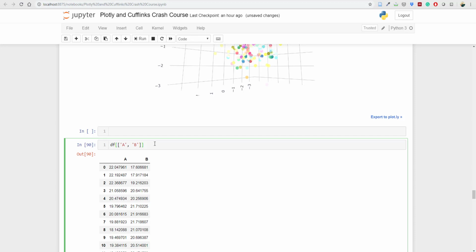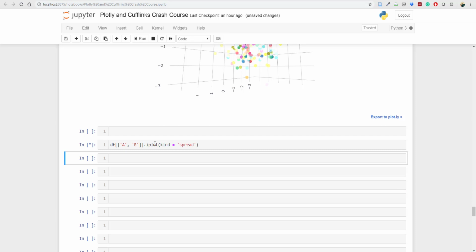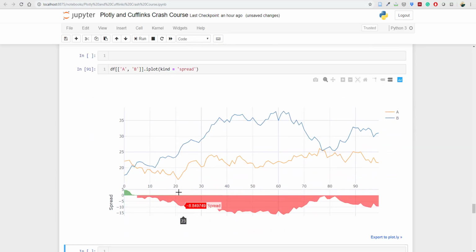We have here our df data frame. Let's plot this, and I'm going to use kind here as spread, and now you can see here how these two plots spread relative to each other. Okay, and it starts with this